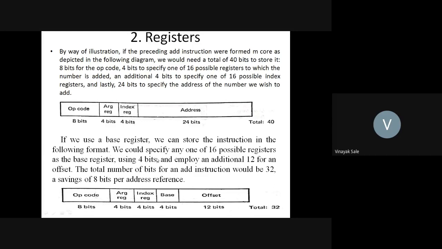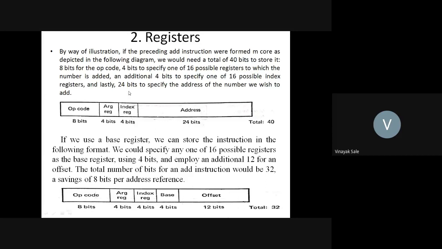Out of 24 address bits, we have taken 4 bits for the base register, leaving 20. Out of these 20 bits we have used 12 for offset,